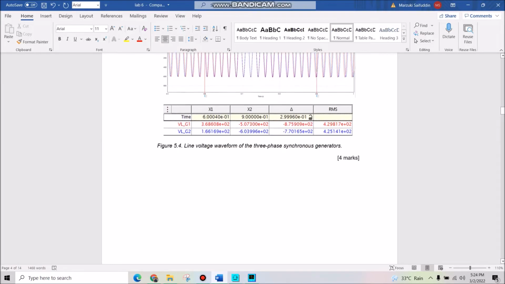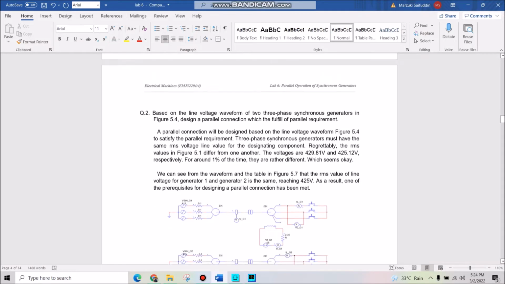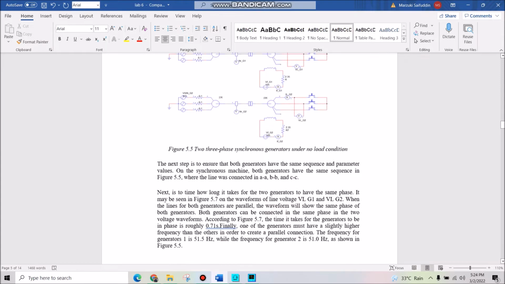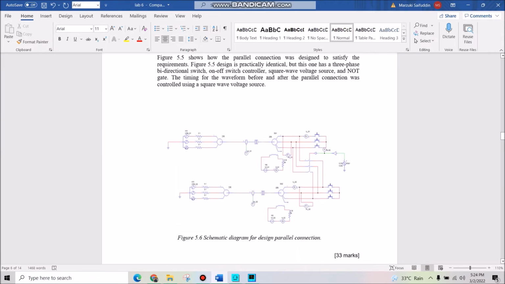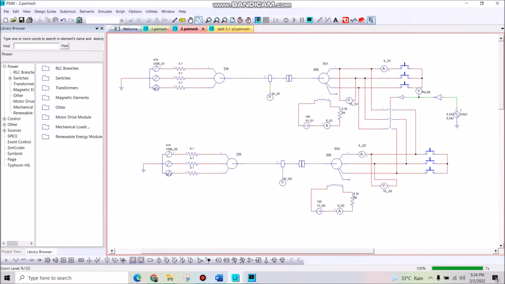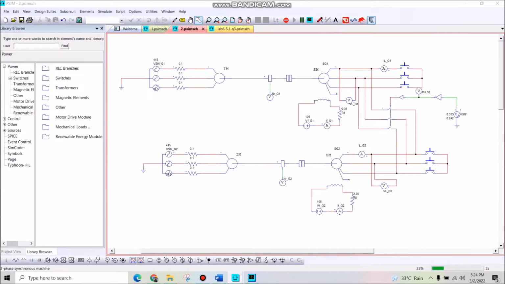Okay, for question 2, based on the line waveform for two three-phase synchronous generators in figure 5.4, design parallel. Okay, after we do the series, we should do the parallel. So the parallel is which is here, transformation to get the RMS value for parallel